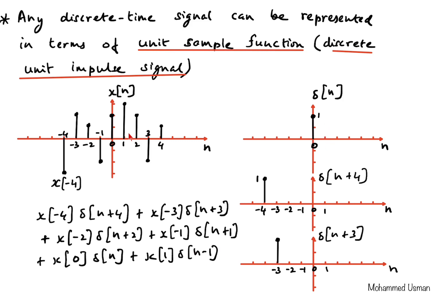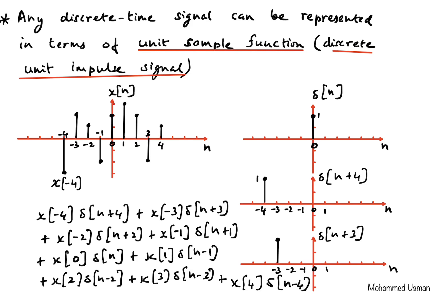So that's x of 1 times delta of n minus 1, and plus x of 2 times delta of n minus 2, plus x of 3 times delta of n minus 3, plus x of 4 times delta of n minus 4. So basically, we have represented our signal x of n in terms of the delta function, shifted and scaled delta